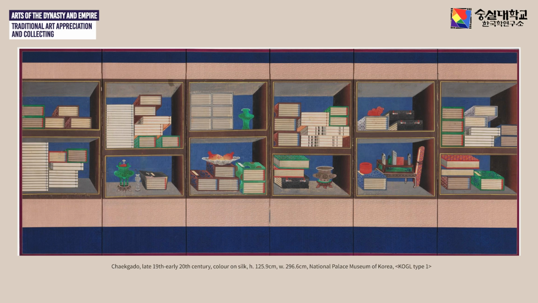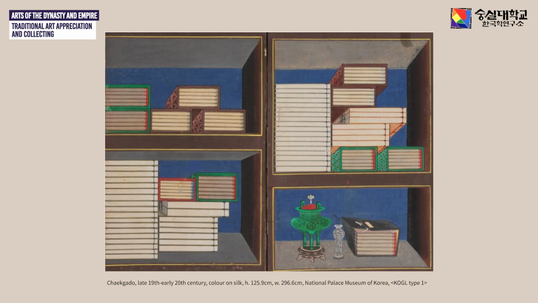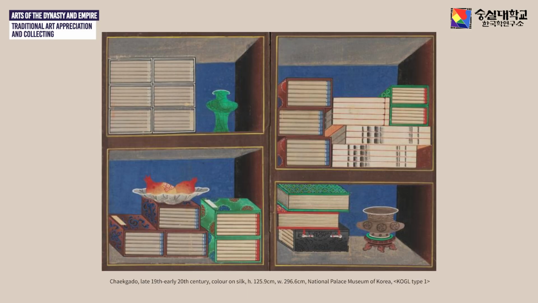In this screen, placed between the books are various treasured items. For example, on the bottom of the second shelf from the left is likely an antique bronze incense burner. On the shelf to its right is a ceramic bowl with 2 pomegranates. Part of one of the fruits has been cut away to reveal the seeds inside. The keenness to show the seeds is likely because pomegranates were considered to be auspicious, as their many seeds denoted plenitude.